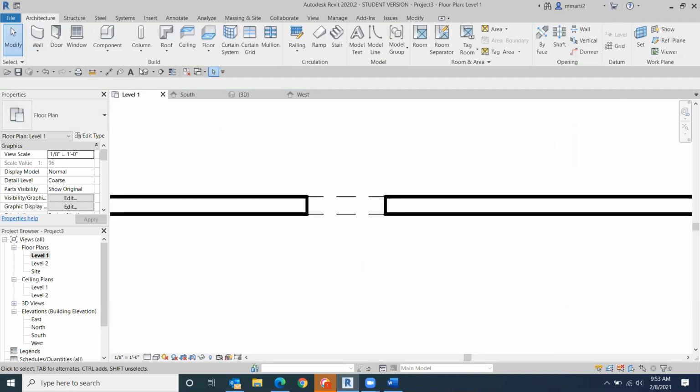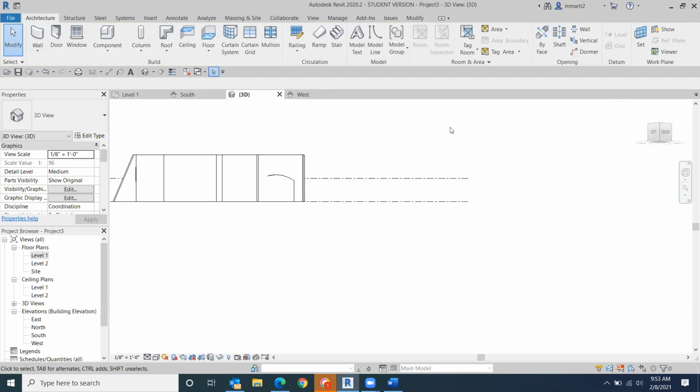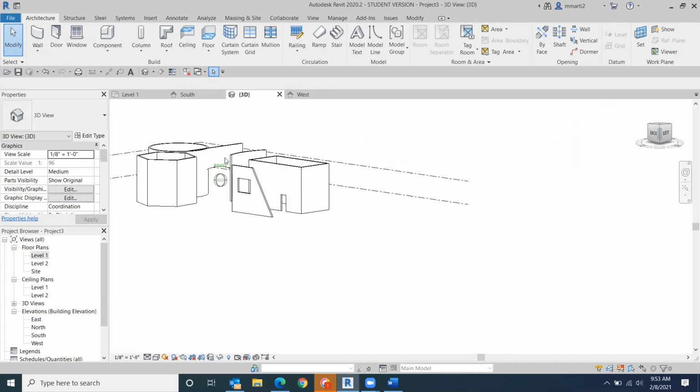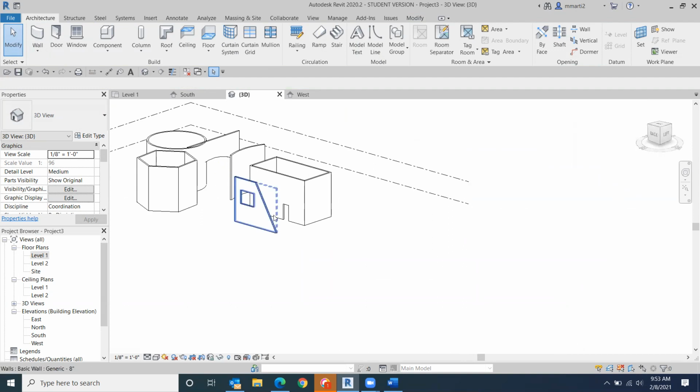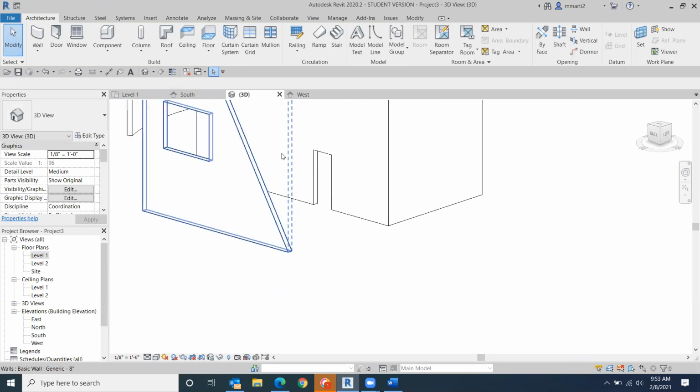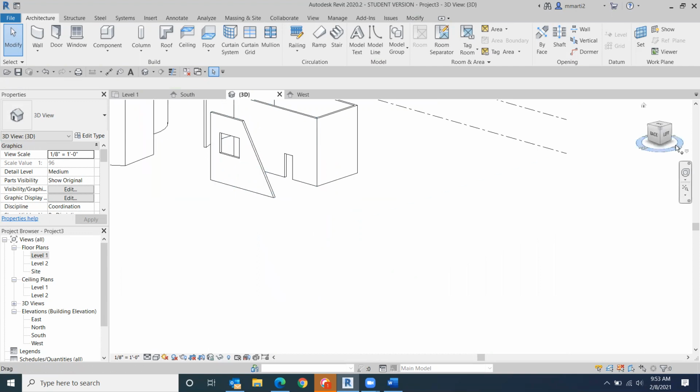We'll jump back to 3D. Let's see if we can find it. There it is. And there's our door opening. So when you use that, it's a lot quicker than drawing your own door opening. You can draw your own door opening, obviously, but this is just some fun and different ways that we can